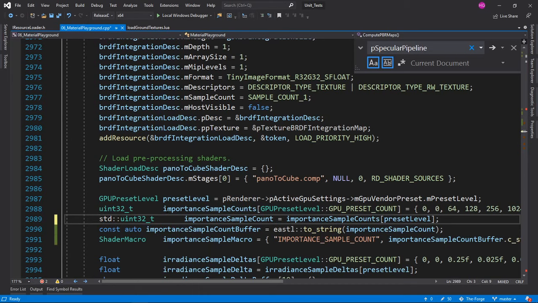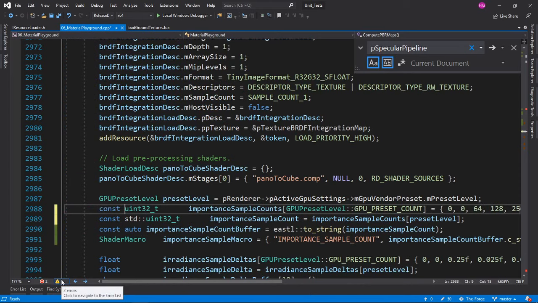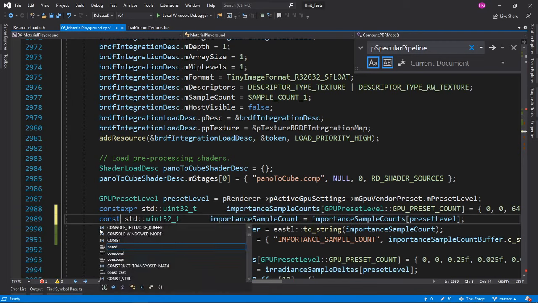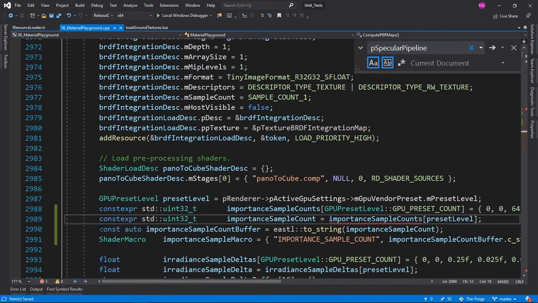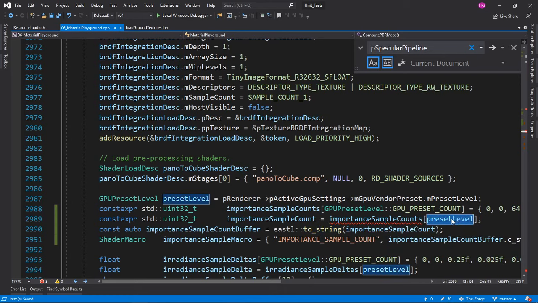Also avoid using that. That is C++. This is C. Make this constant as well. I'm going to make this constexpr, so we can constexpr these. Let's do that, and probably constexpr this one right here. And sadly, toString is not constexpr, and even if it was, I'm not sure. Oh okay, all right, I can make this one constexpr.